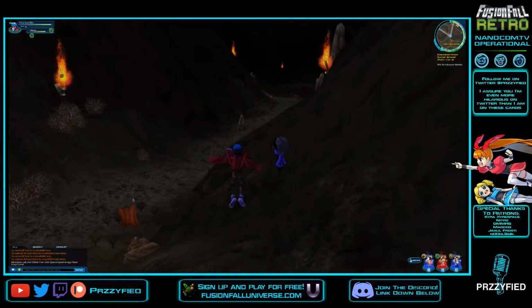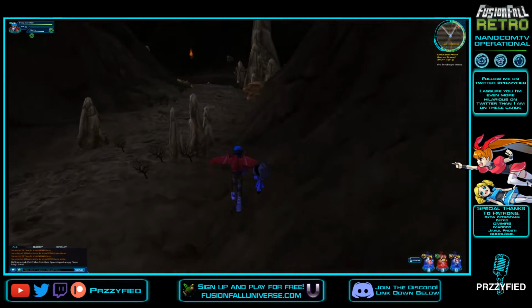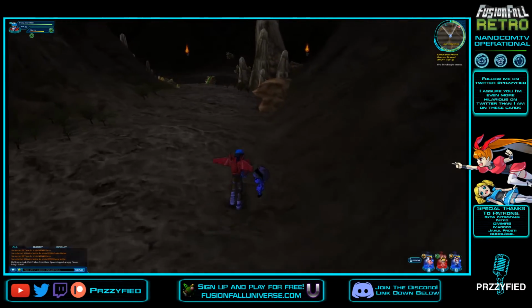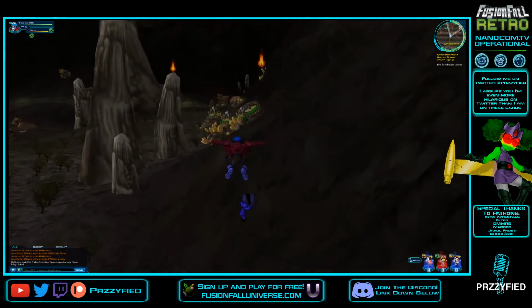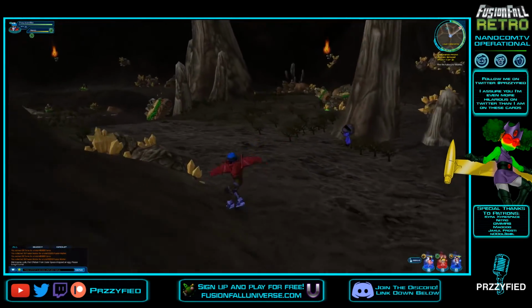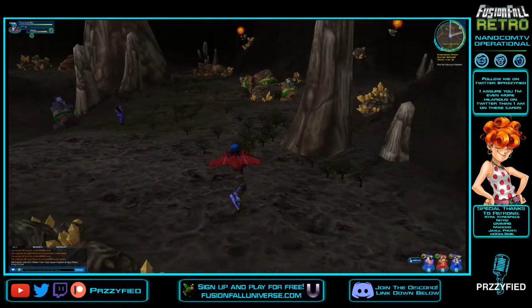But essentially, if you can't tell what's happening, the fusion enemies, the fusion eggplants and the fusion chickens, are all attacking the opposition. So the fusion chickens are attacking the eggplants, and the fusion eggplants are attacking the chickens. And they, because they are colorblind, I guess, can't tell that...